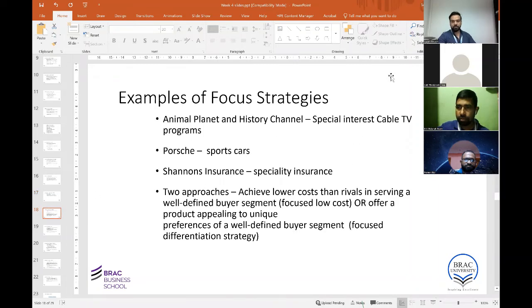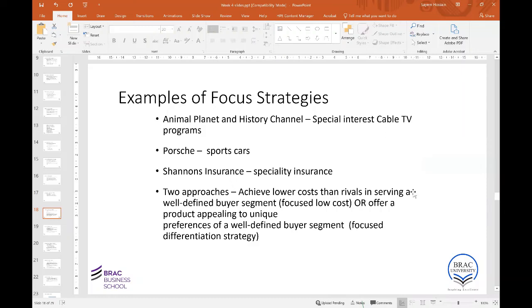More examples. Animal Planet and History Channel, special interest cable TV programs. Animal Planet only provides programs related to animals. The History Channel is only for history lovers. Porsche is a very, very posh brand, we know. Shannons Insurance is an Australian brand that only offers insurance to very old and heritage, classic cars. So there are two approaches: achieve lower cost than rivals in serving a well-defined buyer segment,